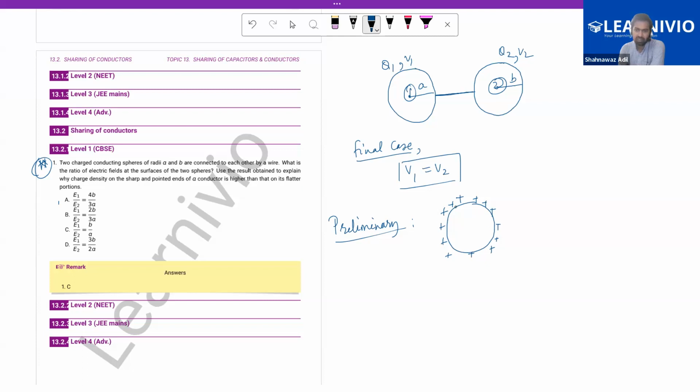So you have already calculated the electric potential of the sphere. The variation is like this, right? Up to this point, this is inside, this is the surface, and this is outside. So if you are calculating the potential at an outside point, let's say at r distance,